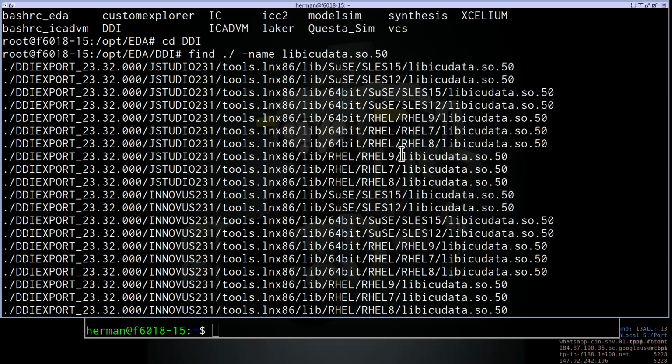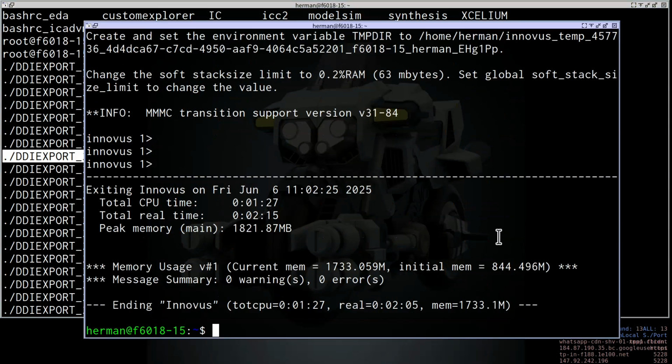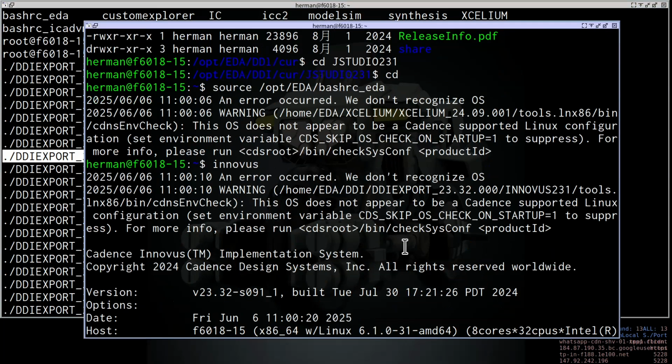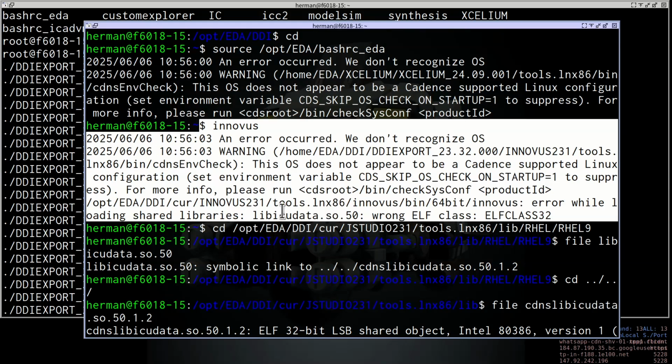In the beginning, I set up this directory, remember? But this is not a 64-bit directory. So it tells you that you have this error, wrong class. If you set up the wrong version, it will show you wrong class. That is because this version is only a 32-bit dynamic linking library, not 64-bit.